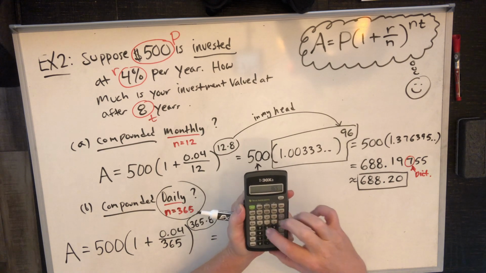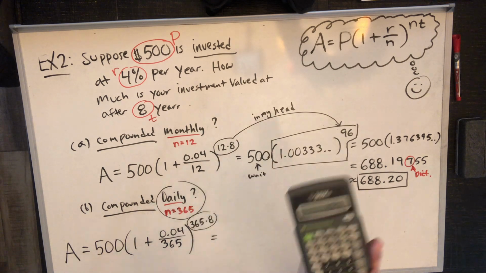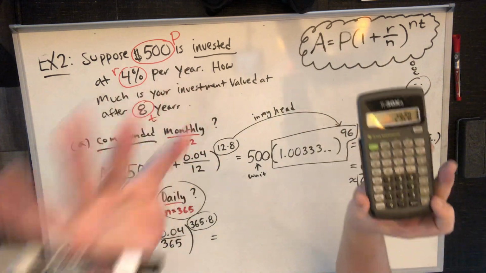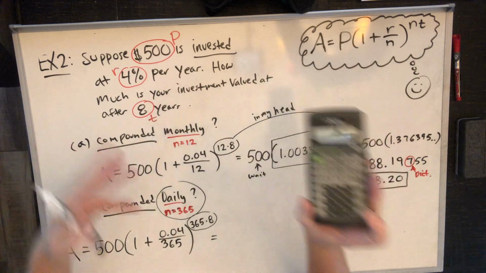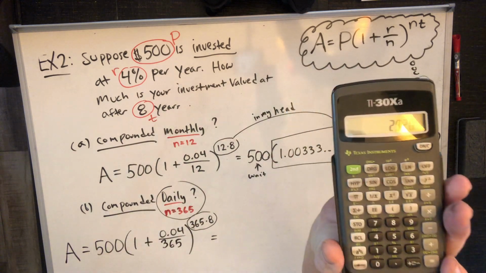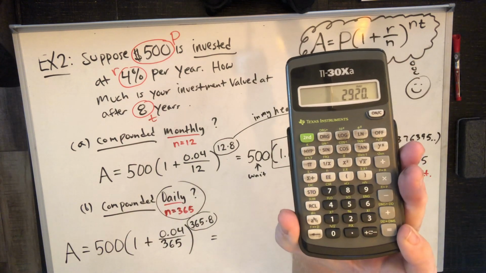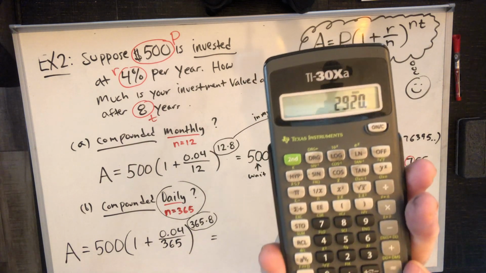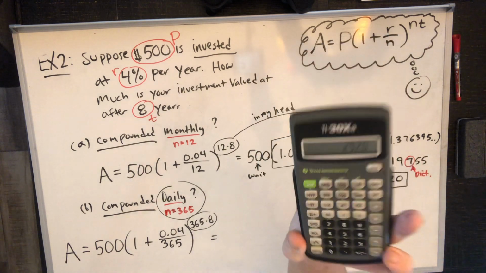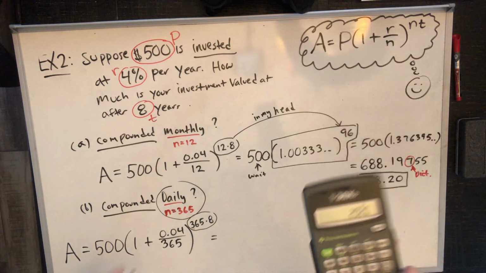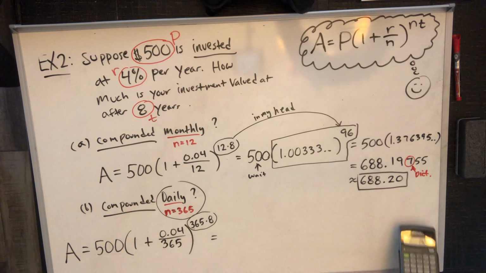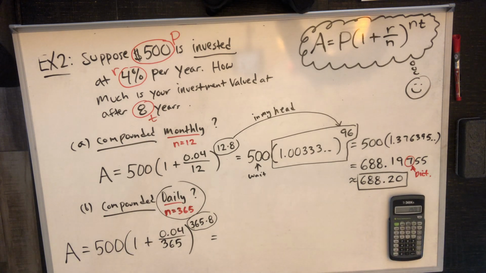365 times 8. Now, you know, I bought a lot of technological devices and cameras and tripods and whiteboards and things to do this online teaching, but one thing I did not buy is a new calculator. Typical Dr. Jordan. So I'm still using my old basic TI-30. If you have a fancier calculator, you can actually type this entire formula into your calculator, press enter, and it gives you an answer. The thing that I don't like about that process